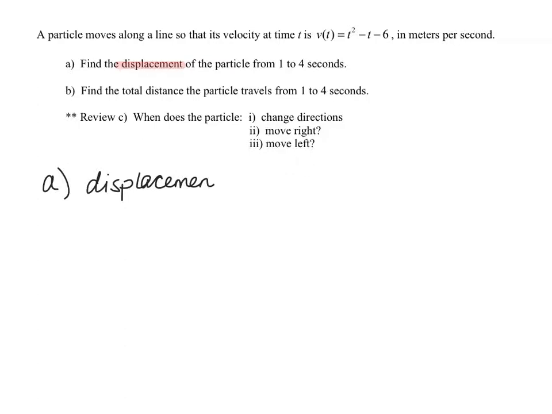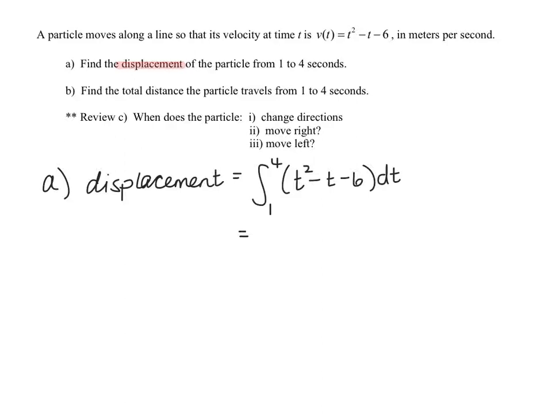to compute essentially the net signed area. So if we integrate from 1 to 4 of t squared minus t minus 6 dt, this will give us the displacement. So regarding how much work I'd like you to show, I do want you to go ahead and show me the antiderivative, but then I'm okay with you using your calculator to substitute in 4 and 1 and